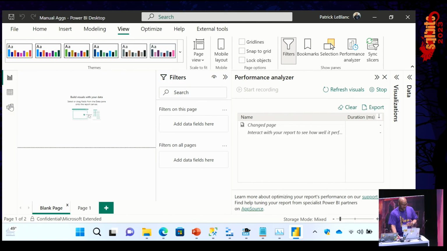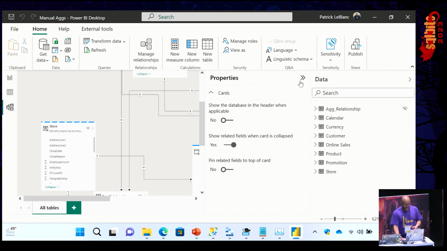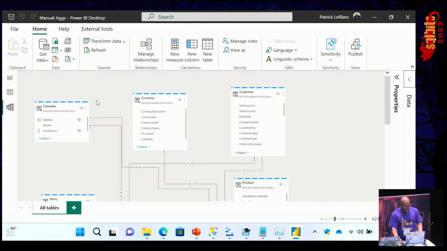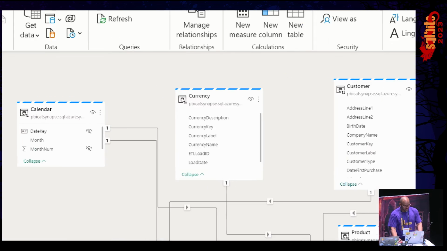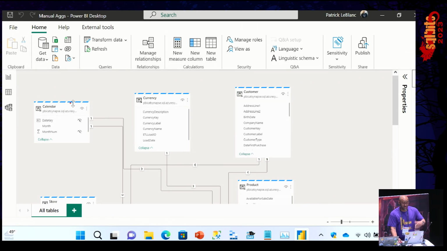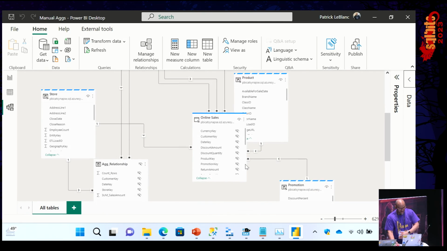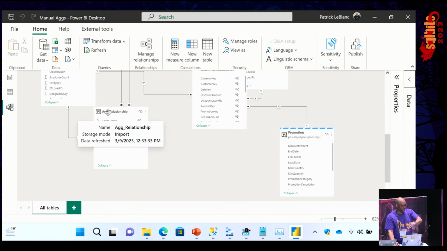And so what we did was, you can see here in the model that all my tables are in dual mode. And that's what this little dash line means. It still knows about the source, but if it's on its own or connecting to other tables that are import, it'll go from the cache. But if it's connected to tables that are in DirectQuery mode, it'll issue DirectQueries. And so you can see, I also have an aggregation, and all the aggregation is like select this column, select that column, sum this column, and then group by those columns. That's all an aggregation is.